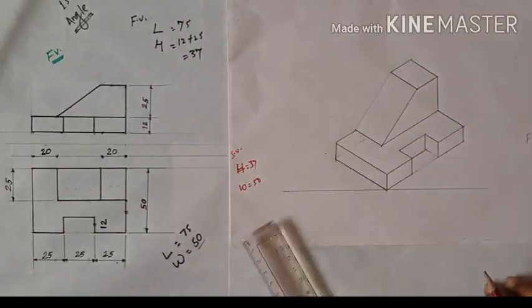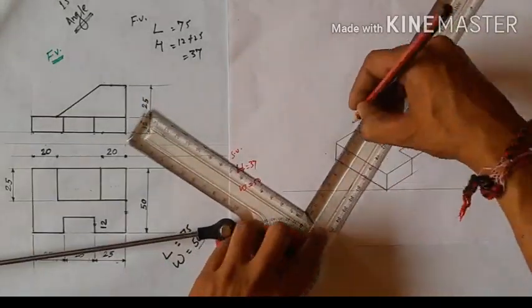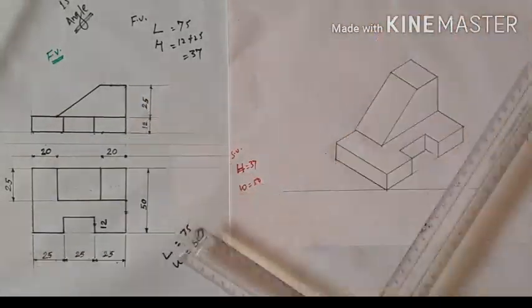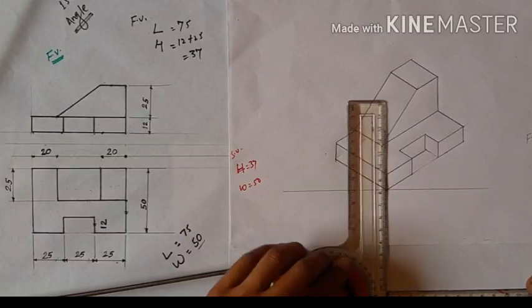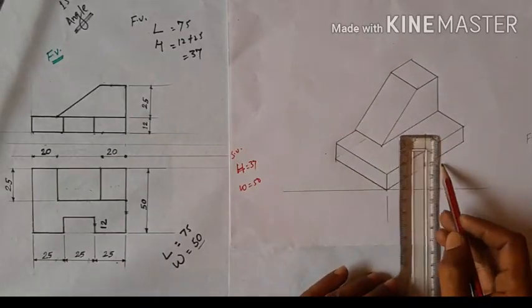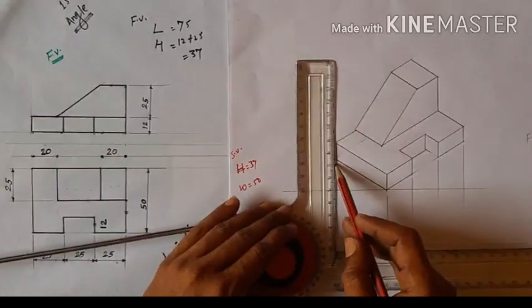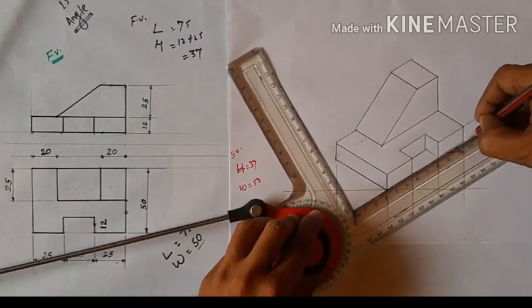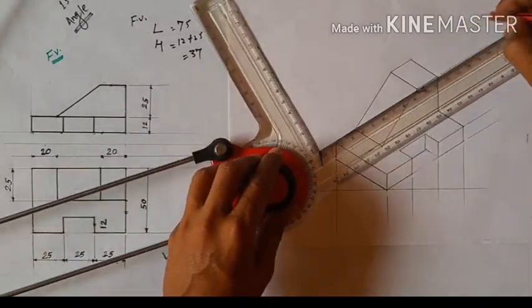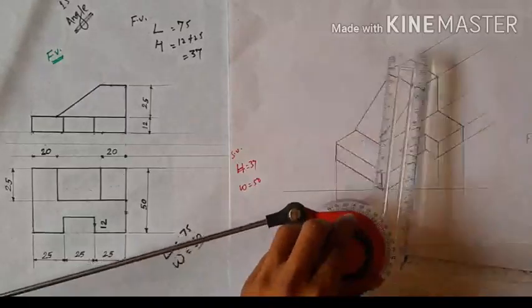Okay, so this is complete orthographic projection, isometric projection. This is your isometric projection complete. So now, for a better clearance, we just use some kind of pencil work. So stay with me. I put a dimension here. From here this is your 25 mm, 25 mm, 25 mm, and this is your 50 mm of width. Now moving here, this is your 12 mm, this is again 12 mm. Now from here this side is 25 mm and this width is 25 mm.